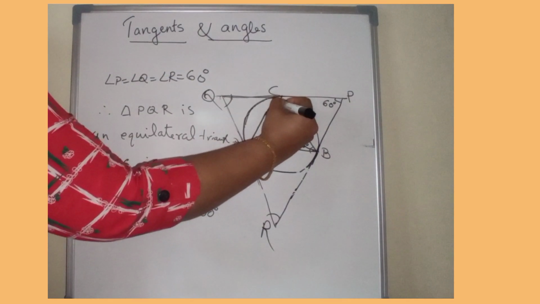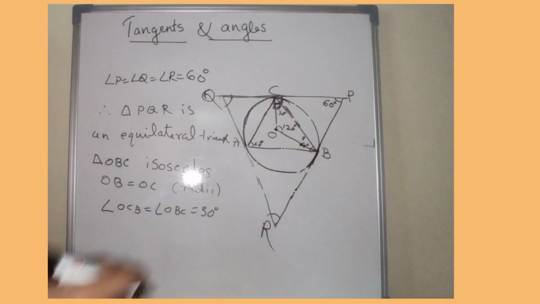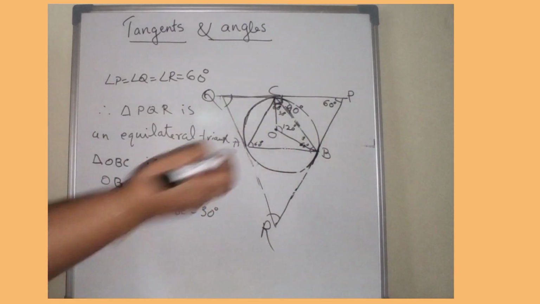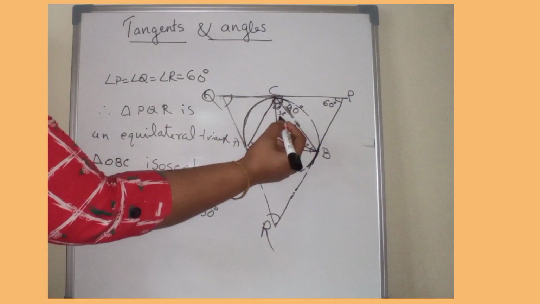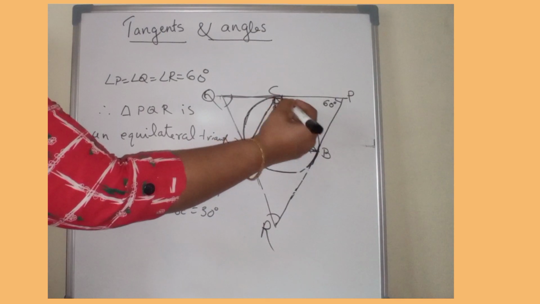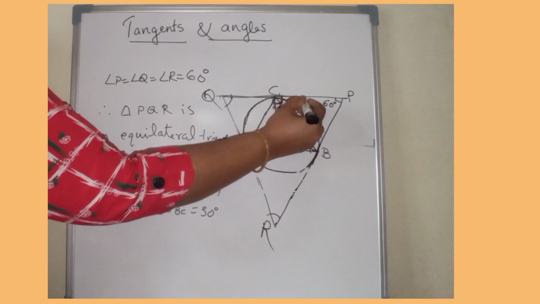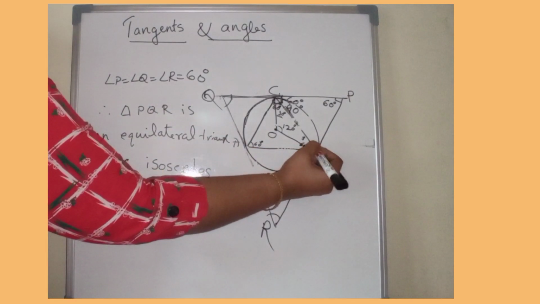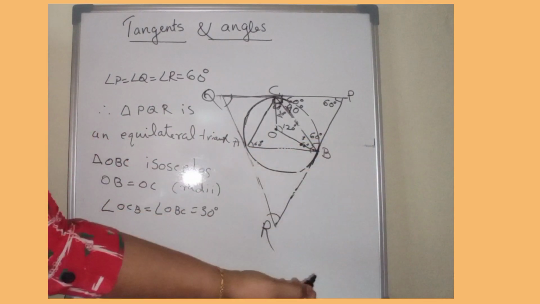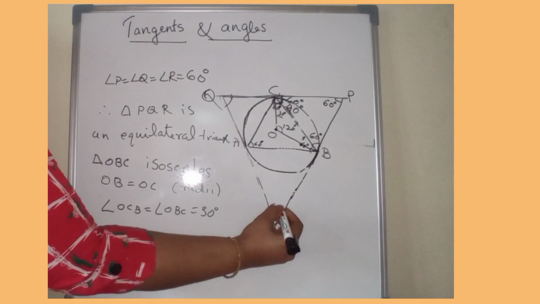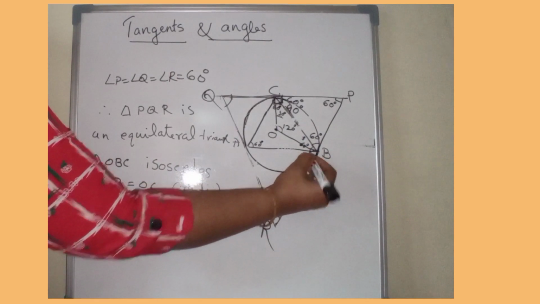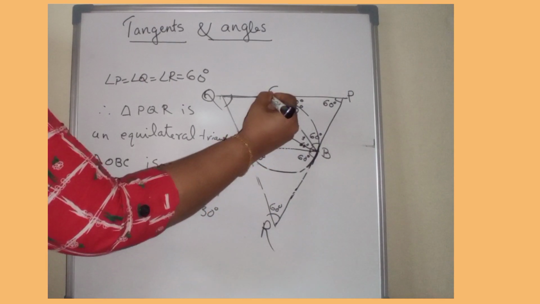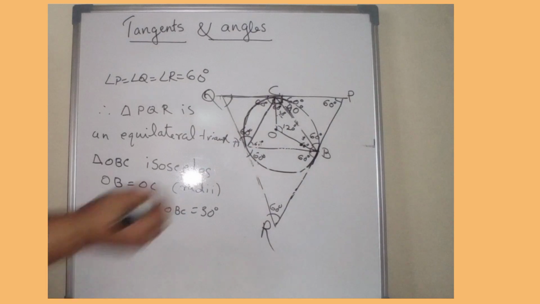So this complete angle is equal to 90 degrees, and out of which this much portion is 30 degrees. Then what about this angle? That angle is equal to 90 minus 30, that is equal to 60 degrees. Similarly, this angle is 60 degrees, and this one is 60, this angle is 60, and this angle is 60. All these angles are 60.